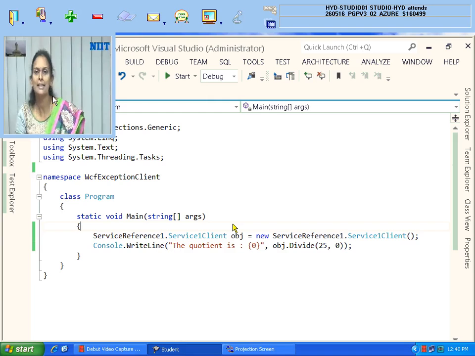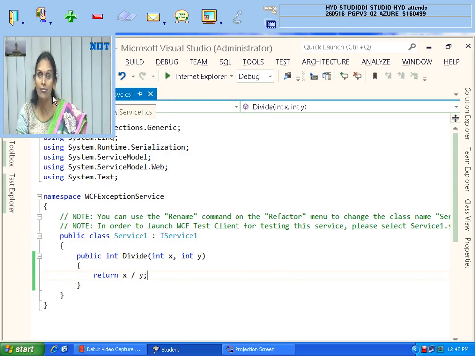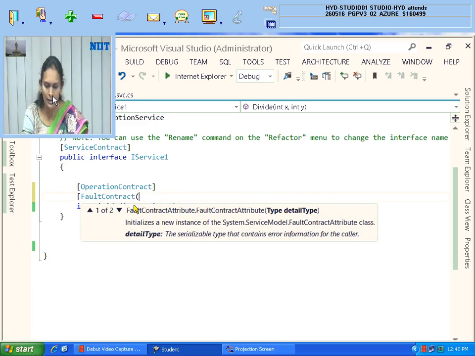So how this can be resolved is, let me go back to our service interface. I need to inform that in case this function is requested by the user and it produces some runtime error, it should give the fault contract, a class in the brackets, type of some class name.